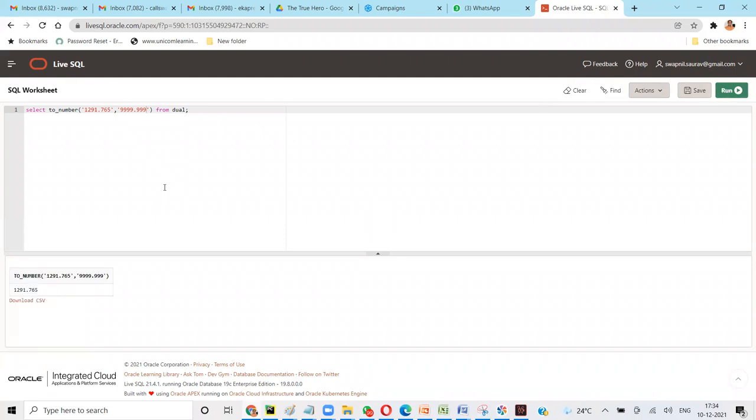So I think what I probably missed is that here there are 3 decimal places, right? So if you have to convert it, you have to give 2 decimal places.